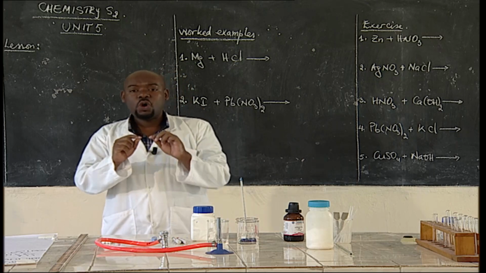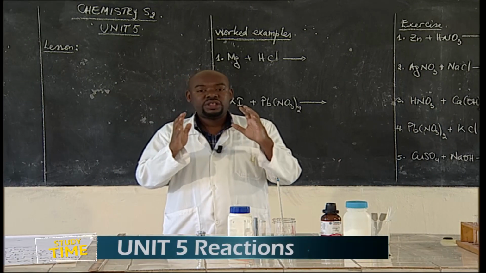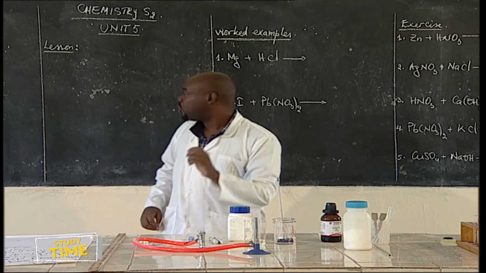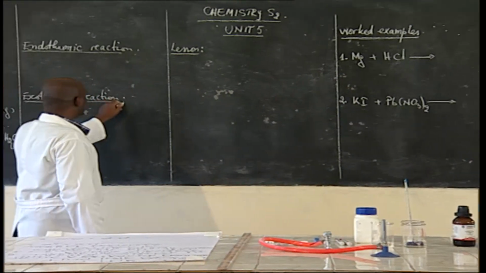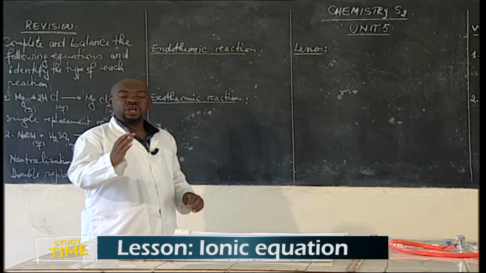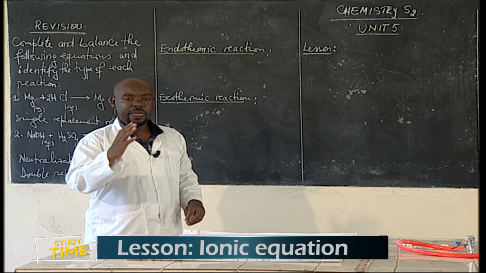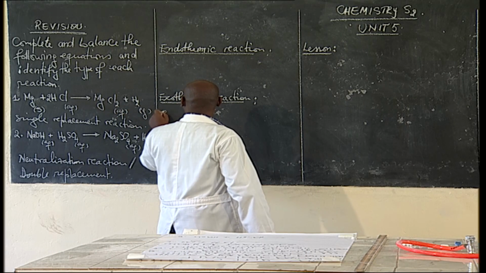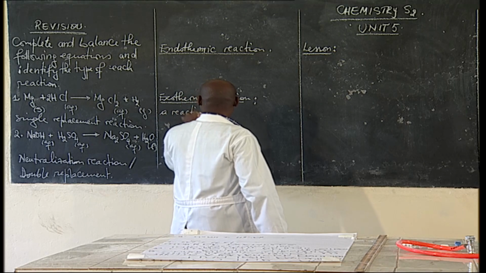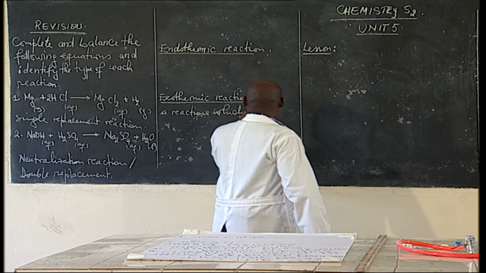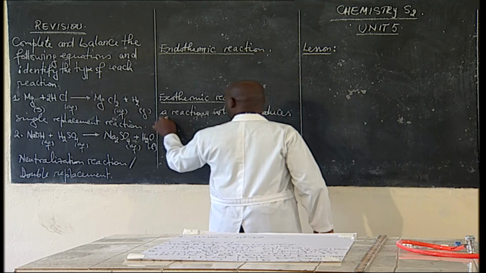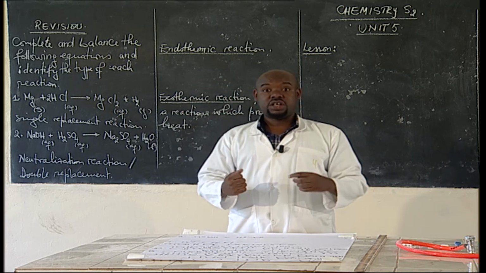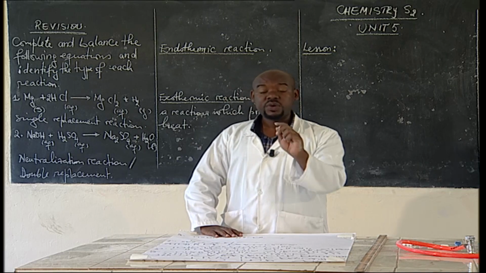And how do we call that reaction in which the temperature increases? We call it exothermic reaction. Exothermic reaction, then, is a reaction in which the temperature increases when the reaction is taking place. So, exothermic reaction is a reaction which produces heat. When it is taking place, it produces heat, and that heat which is produced is the one responsible for the